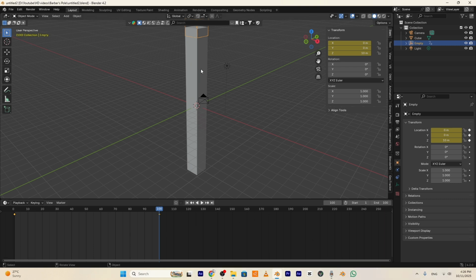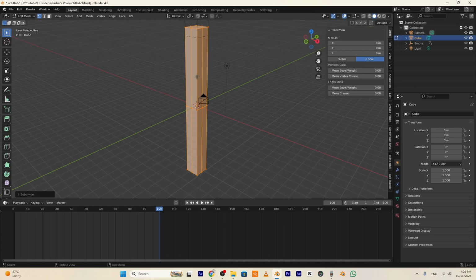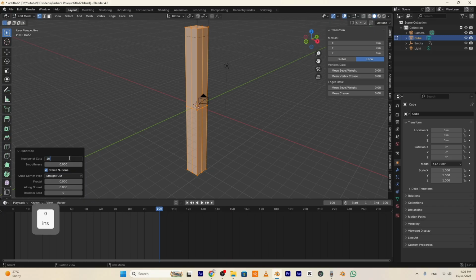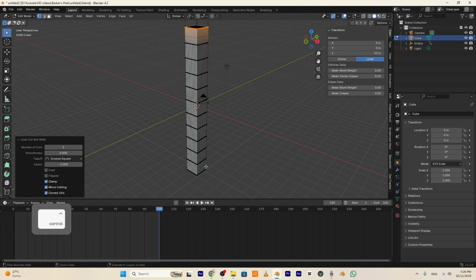So right now I will select the column, go to edit mode, right click, subdivide. I will add subdivision to the column so it will be smoother if we try to deform it. So subdivide 10. I will add a loop here, move it, and another one here, move it down too,